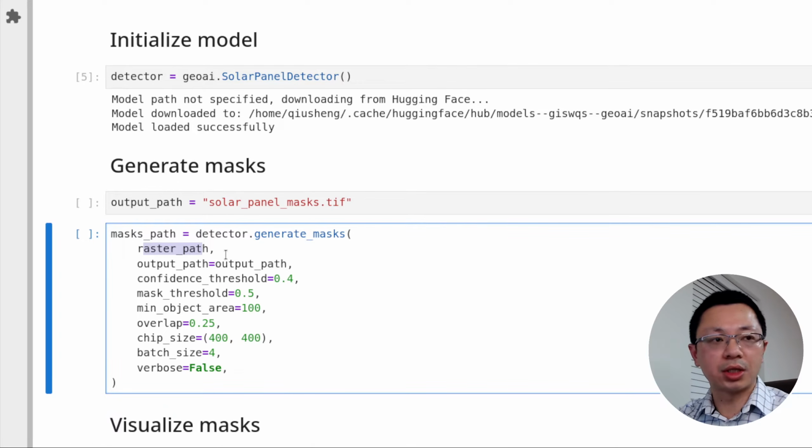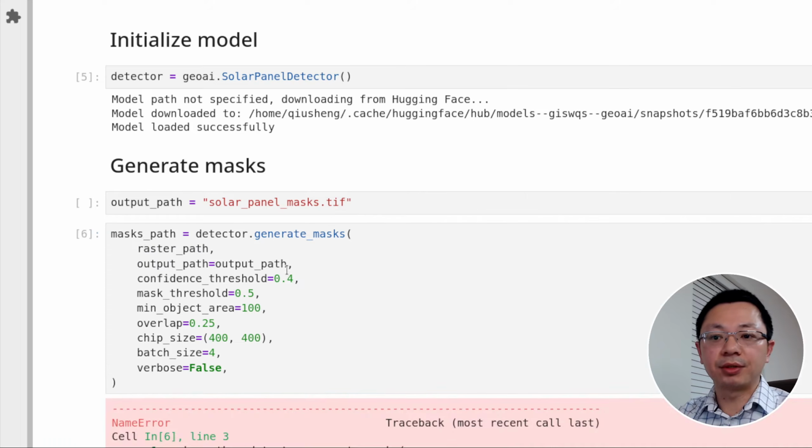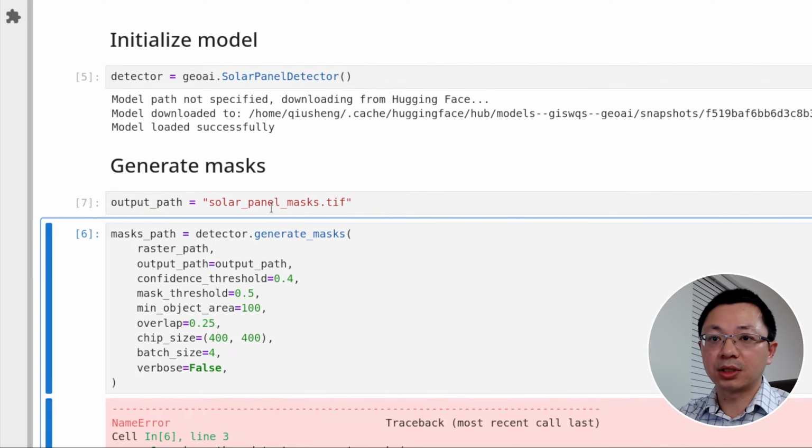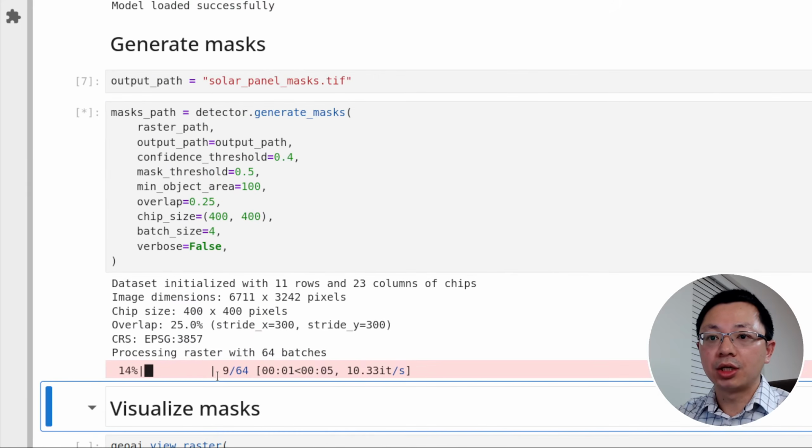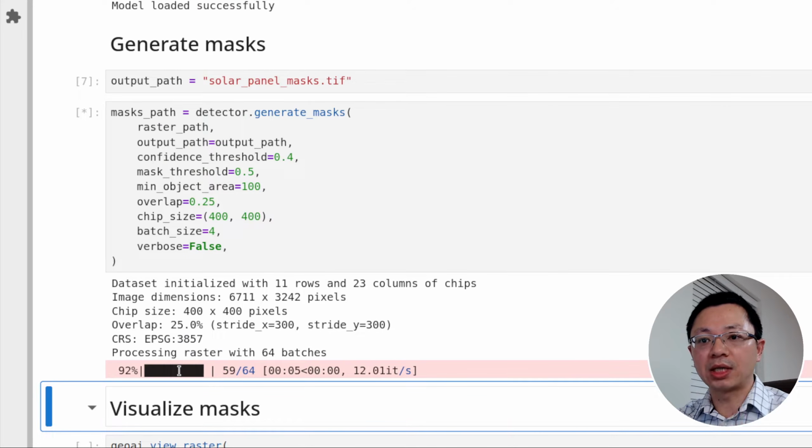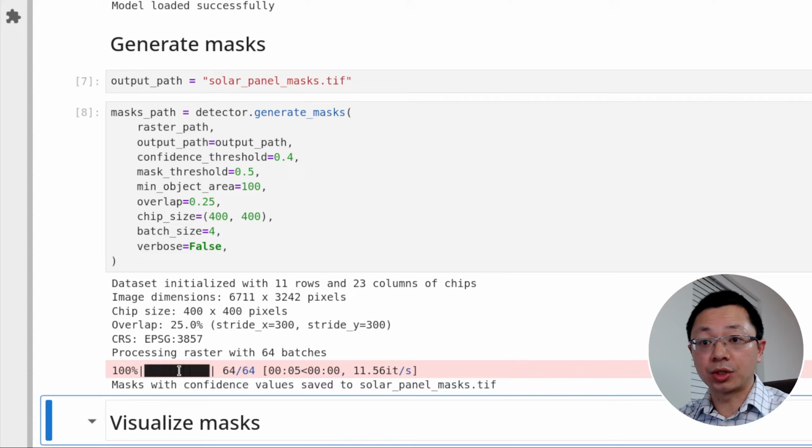Those are usually good quality images where we can see the solar panel. Specify the output. Maybe let me run this one first. Oops, run the first line of output, then let it run. So you see here, under the hood, it's going to basically subdivide the imagery into smaller tiles, and then the model is going to do the inference on individual tiles. At the end, it's going to merge all the results